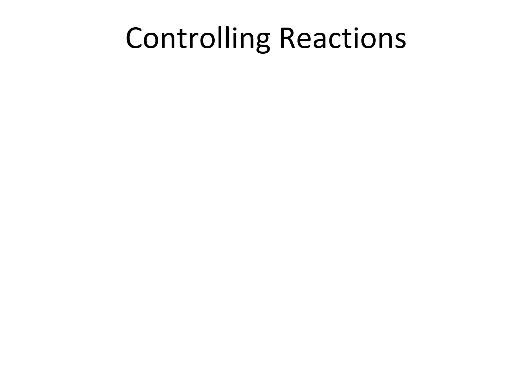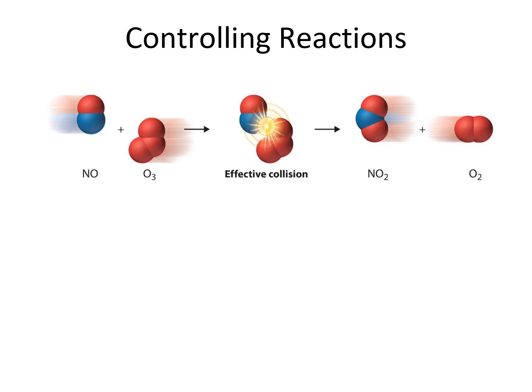If they hit with enough force, it may be possible to break pre-existing covalent bonds and allow those two reactants to reassemble and to form new covalent bonds to form products. So this is just an example of a reaction. You have two molecules that are coming in with enough speed that they can collide, and that will produce enough energy. They'll hit with strong enough force that it will break bonds and then create new bonds between the different